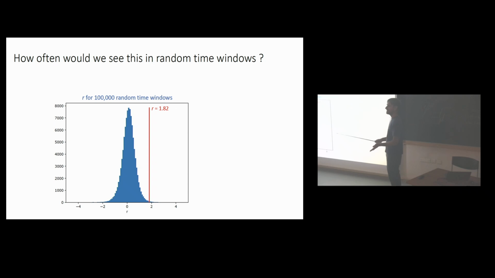So now, the next step is, how often would you see something like this just looking at random time windows at any time? So that's what we've been looking at on 100,000 random time windows. And each time you can calculate a stack and then calculate this error ratio. And here's the distribution of this error ratio that you obtain. And this is the value that you get before the real earthquakes. So you see that it's kind of outside of the distribution, which means that it's not super often that you get such a signal. And actually, we can answer that question, how often would we see something like this in random time windows? The answer is 0.3% of the time.